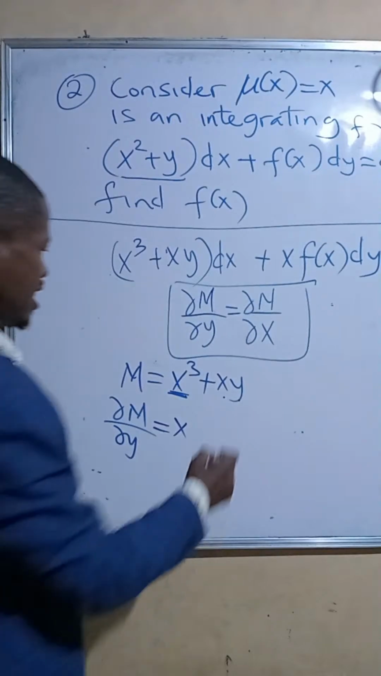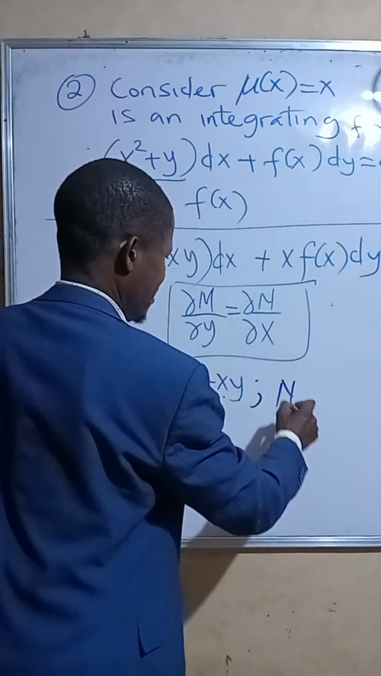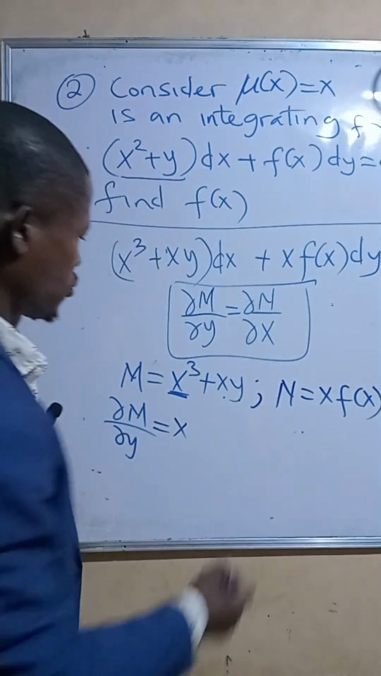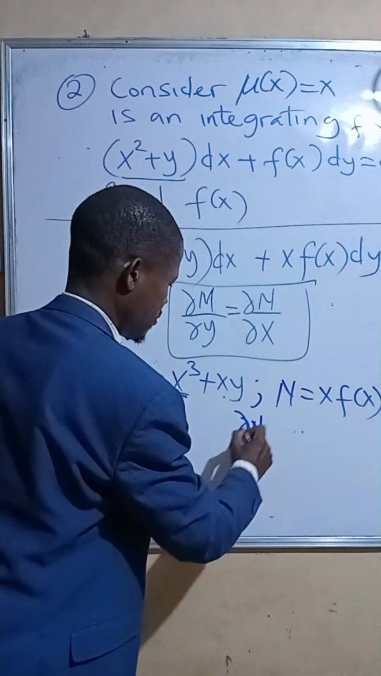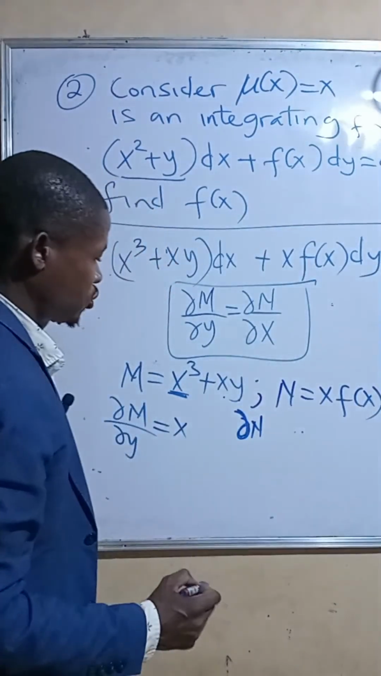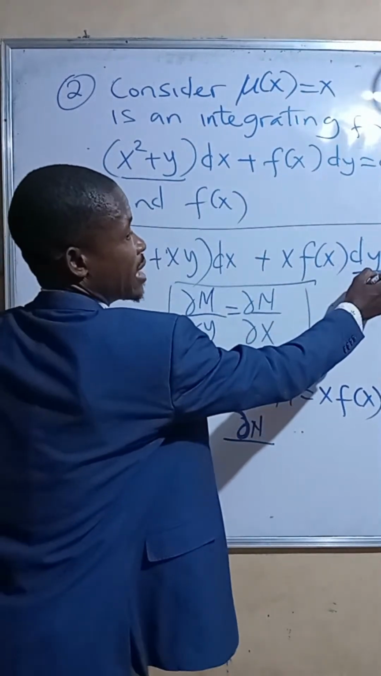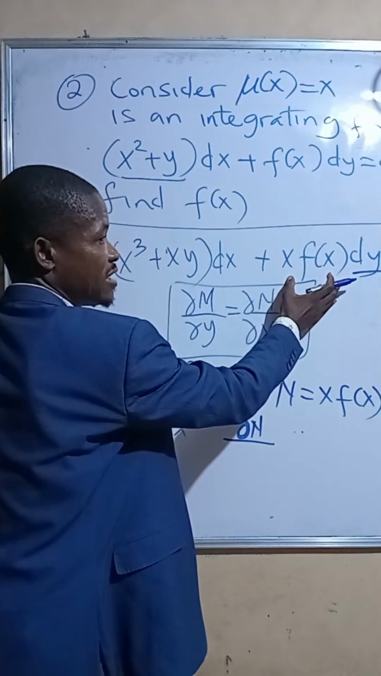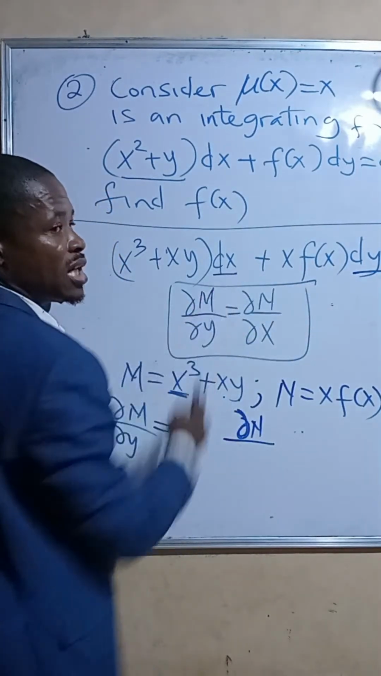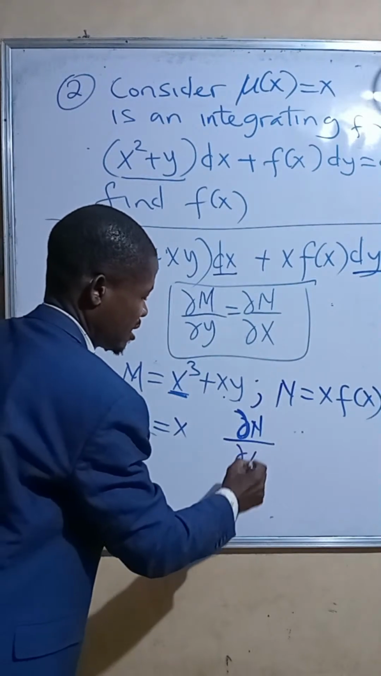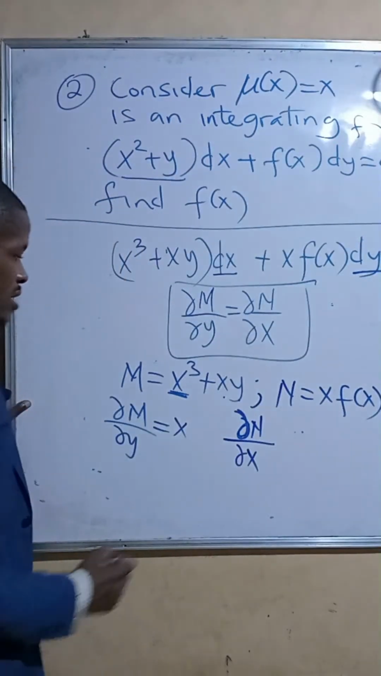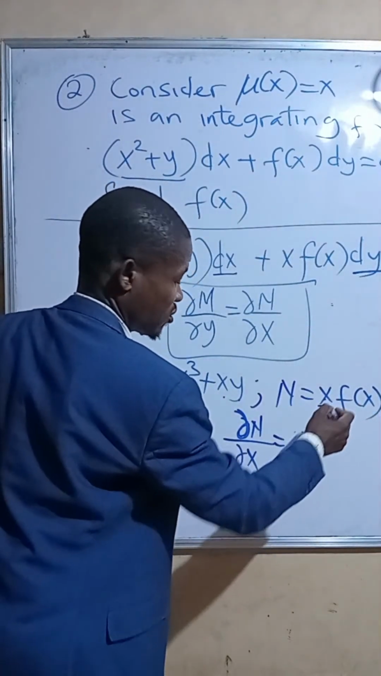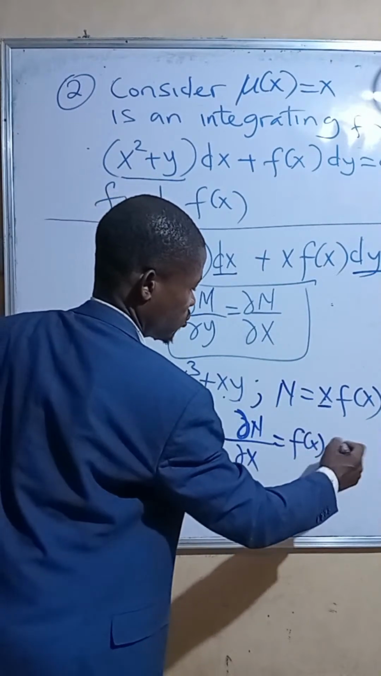Let's get the N also. My N is this function, and that's my N. Let's also do the partial differentiation of that equation. The attachment to your dy is your N, and differentiate that with respect to the other function partially, that's del x. This one is going to be a product rule. Differentiate this one, you have f of x, then plus